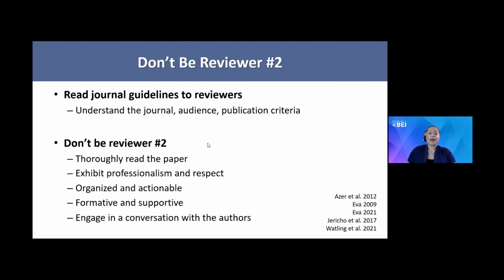And then at the end, you really want to come together to summarize those strengths and weaknesses of the manuscript, and you want to make clear whether you think it addresses an important issue. And always make a clear recommendation. Is it accept, reject, or revise and resubmit? Choose from the options that the journal has and feel confident in your choice. We've talked about this before, but always let the editor know if you're on the fence about something, if you're not sure about something, if you don't have the expertise in something, just let the editor know.